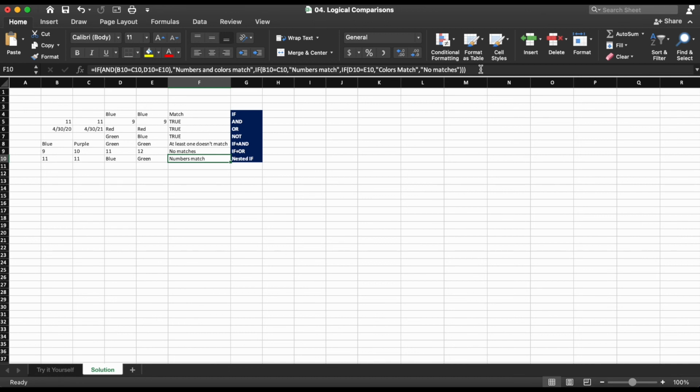So to sum everything up, the logical functions are extremely useful when you are trying to compare values or test conditions. You can count on this session to help you understand how the different logical functions work and examples of how they can be combined. And let's keep taking your spreadsheet knowledge beyond what you thought was possible.